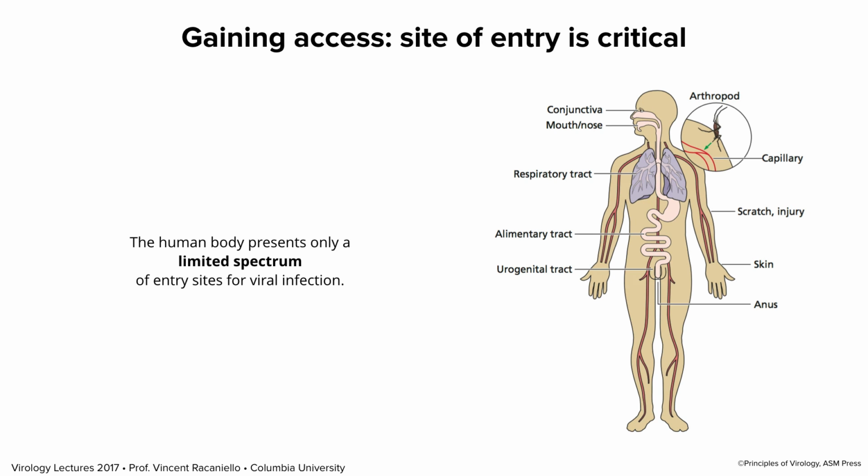So let's divide pathogenesis into a few stages, just conceptually, so we can discuss it. The first is getting into a host, gaining access. And if you think about it, there are not many ways that viruses can get in us. And here they are. We have a limited spectrum of entry sites. They're on this picture here. We have skin, which is one site, which we'll talk about. And then there are a variety of mucosal surfaces, for example, your eyes, your mouth and nose, respiratory, alimentary, and urogenital tracts. And that's really it. So the mucosal surfaces and the skin are the ways that viruses can get into us.